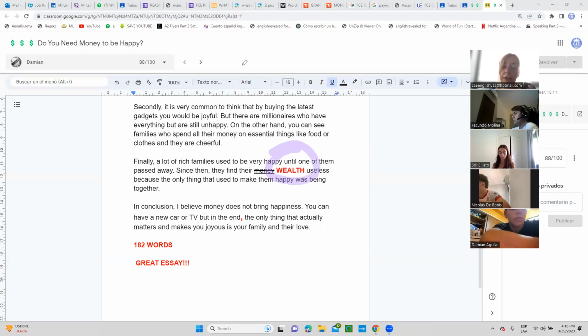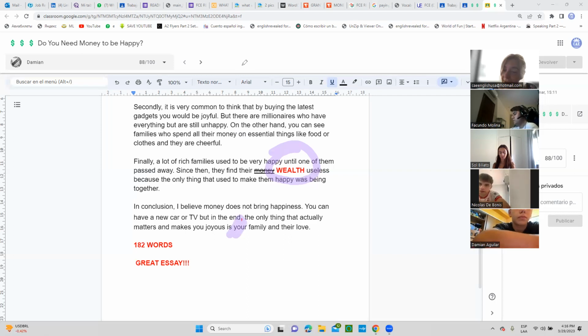What's the meaning of wealth? Toda su riqueza. Yeah, good. Riqueza, all their money. All the amount of money. Okay. In conclusion, I believe money does not bring happiness. You can have a new car or TV, but in the end, comma, the only thing that actually matters and makes you joyous is your family and their